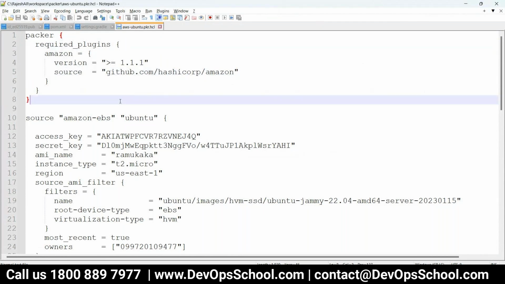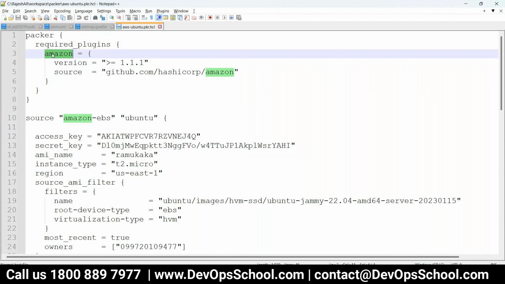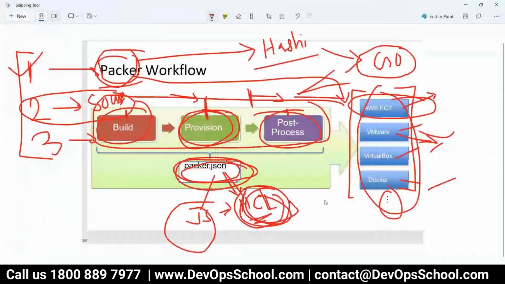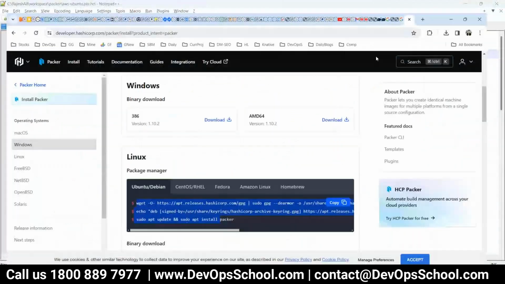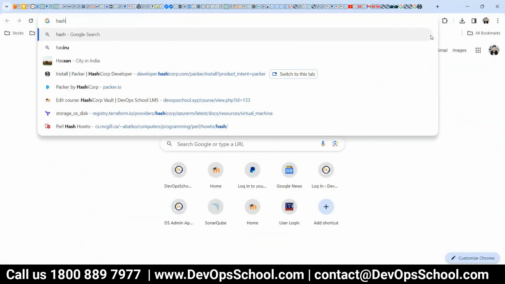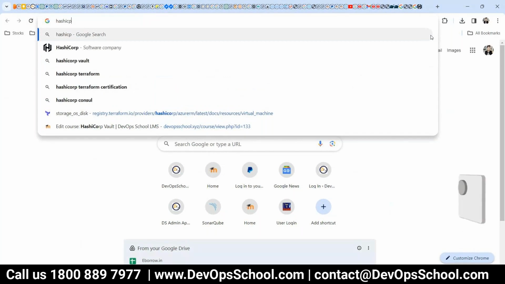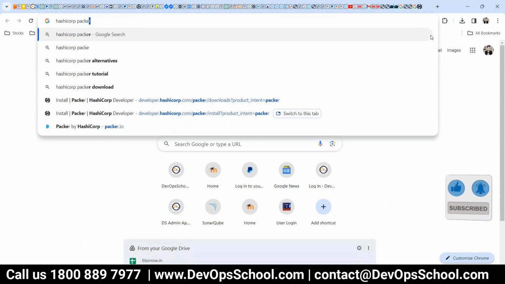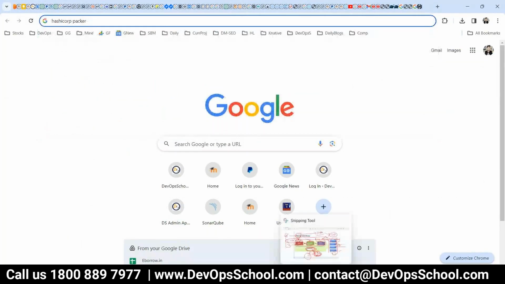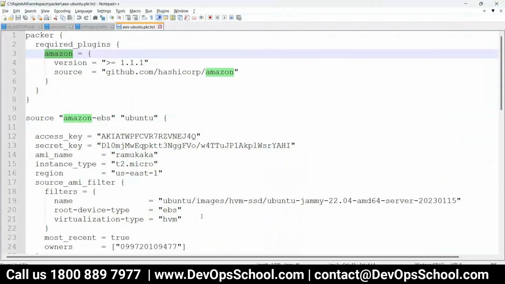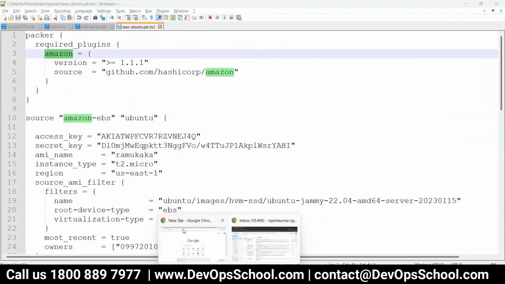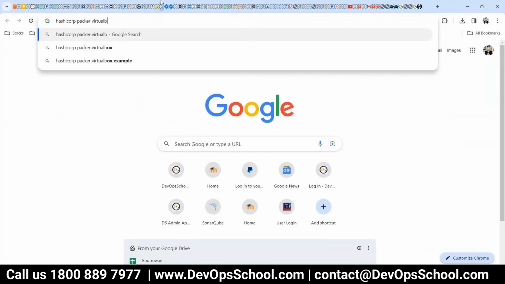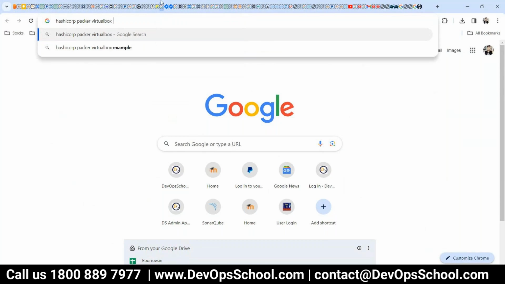Now you'll say, Rajesh, how do we know if I want to build something else? Let's say you want to build some packages for VirtualBox. How do we specify that? All these builders you will get on Google. Actually, hundreds of builders are there, depending on use cases. Packer, what was it we decided? VirtualBox builder. So VirtualBox builder. DevOps School also has